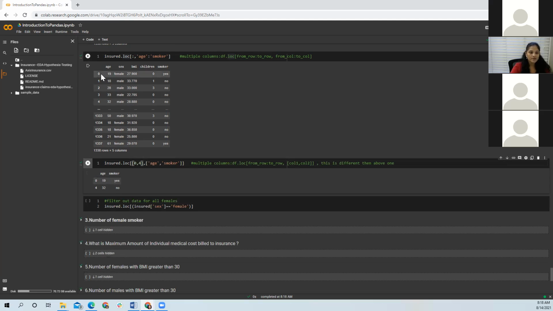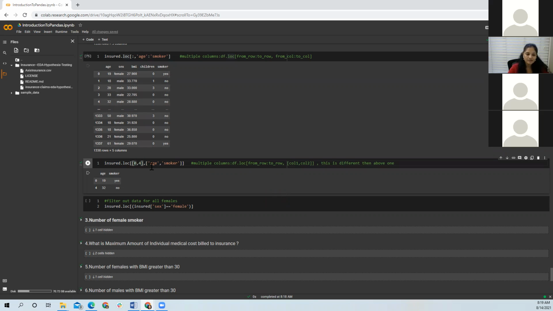So it is only showing me the 0 and 4th row. And you will be wondering, when would I use something like this? You will be using it when you have some data set where you see some outliers or some different values. When you come to visualization, you'll understand what outliers are. In that case, you will need to check what this particular value is that is different from the rest of my data set. In that case, you will need to use something like this.